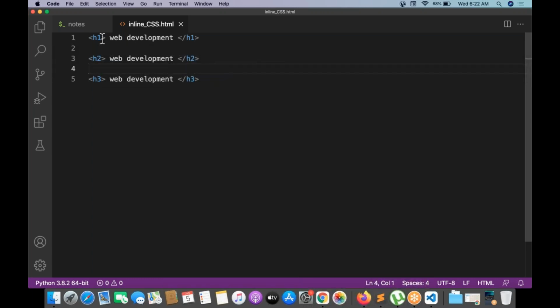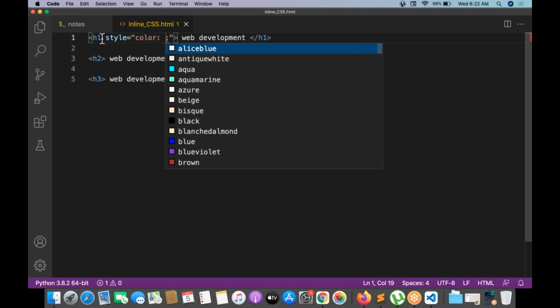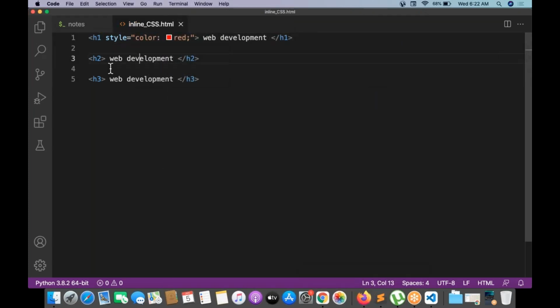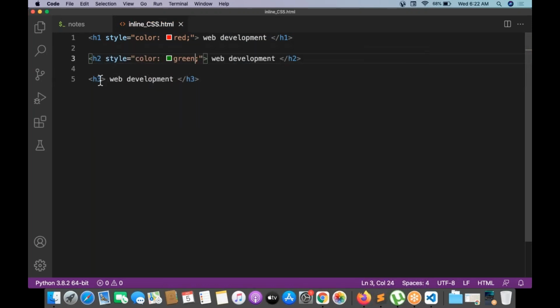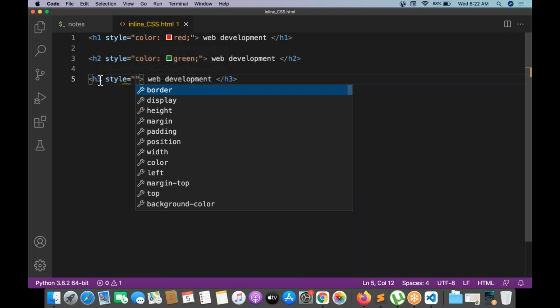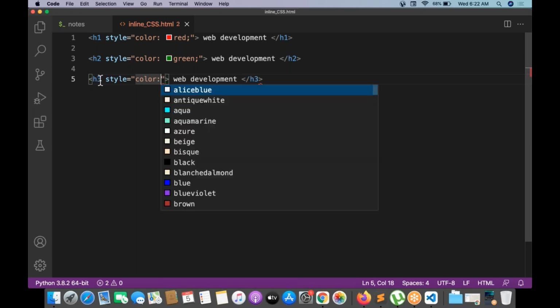Okay, for each and every element I want to apply the styles. This style is color red, and here the attribute style color green, and here style color orange.